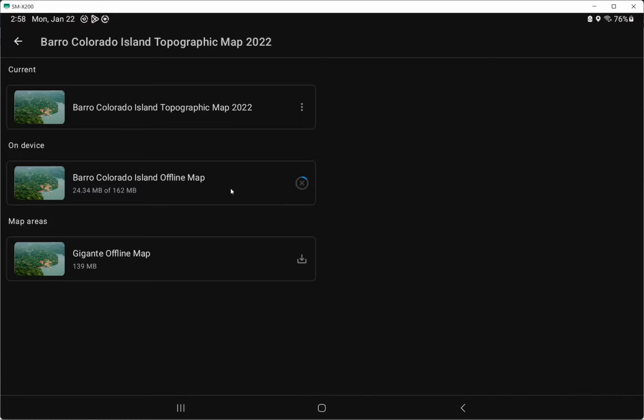Field Maps is downloading the map into the device's memory, and it will be stored there until we remove it. So we have the online version, which is always available when you have internet connection, and then you have your offline map that you have available when there is no internet connection.